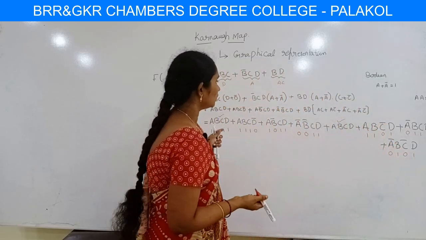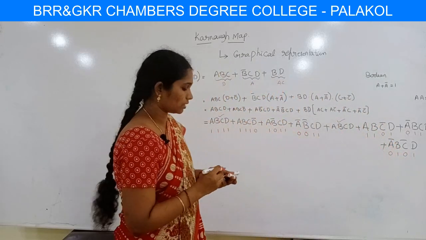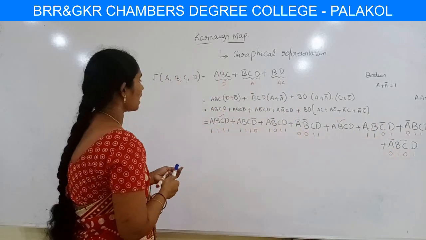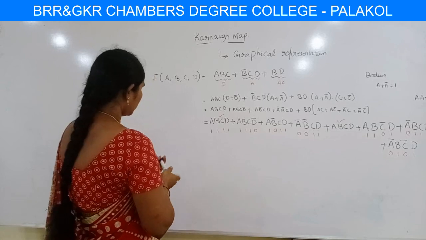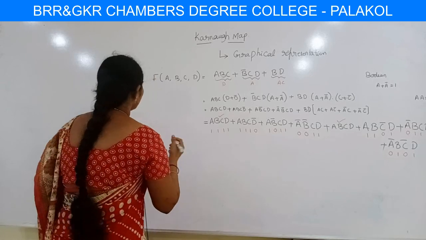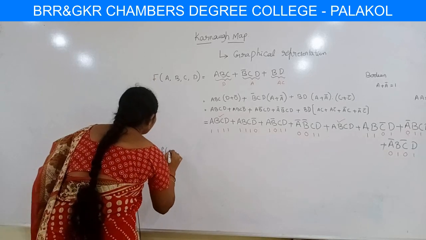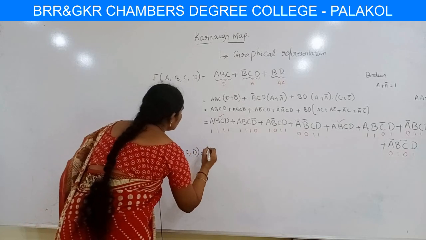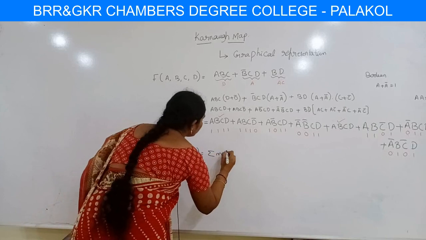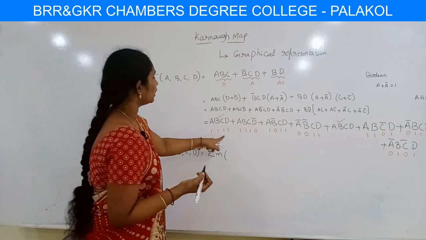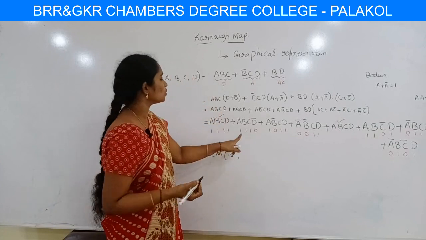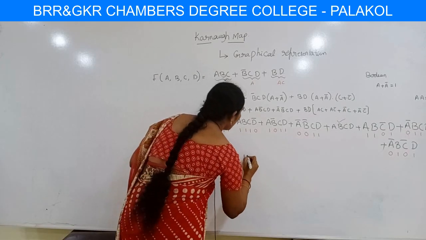So here these are the numbers. For these numbers we have to do the 4 variable K map. So here f of a comma b comma c comma d is equal to summation of small m. So here the 4 ones is nothing but 15. Okay, so here this is 14.